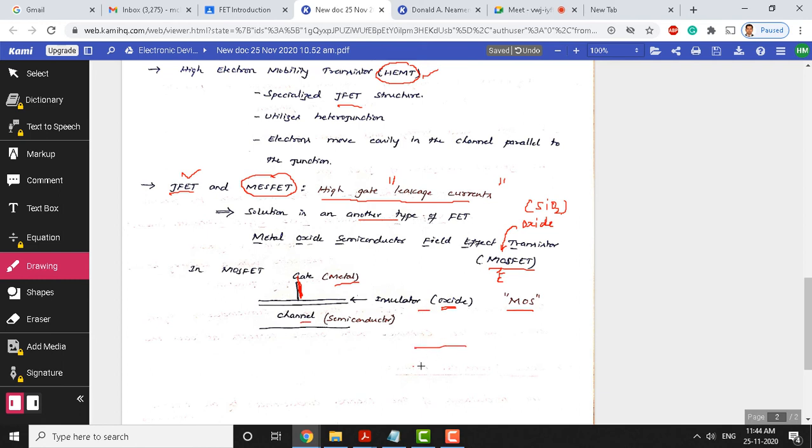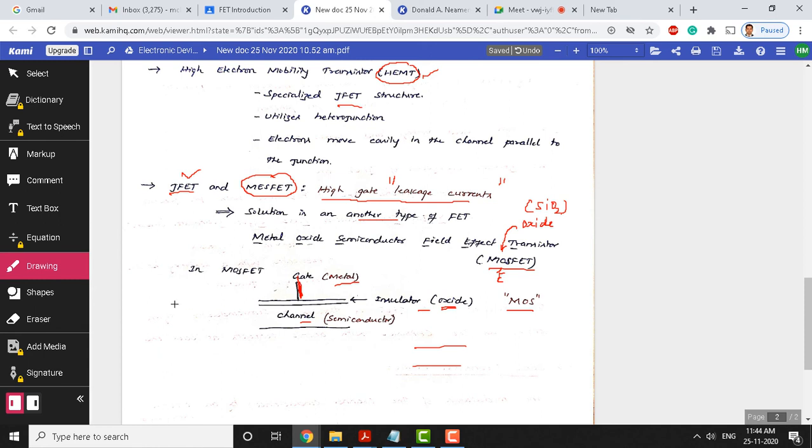It looks like a pizza, right? Okay. So, it is a sandwich between these different layers. Likewise, here also we have a gate, and there is an insulator which is acting like a middle layer, and below that there is a channel. Okay. So, now capacitance effects come into play, right?